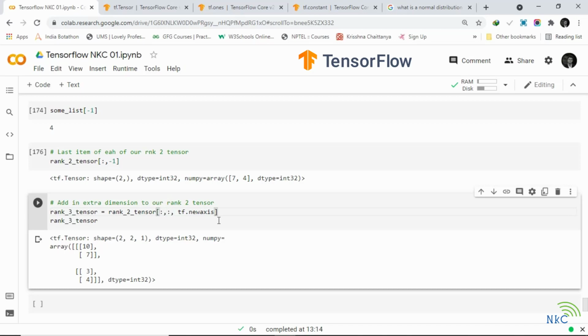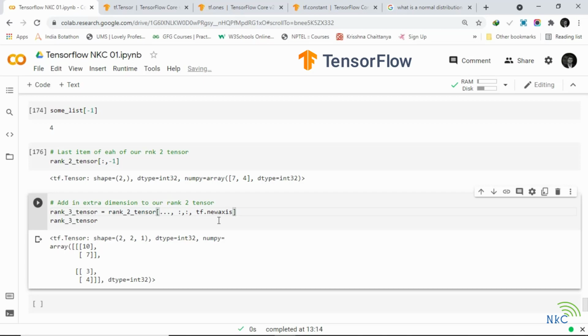We can just scrap this and go every axis before the last one, include those, and add a new axis on the end.